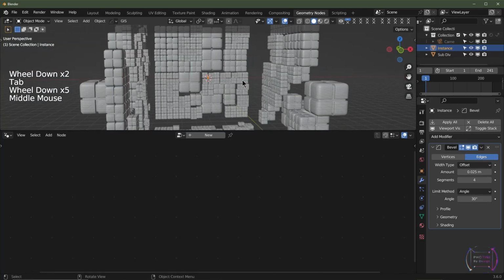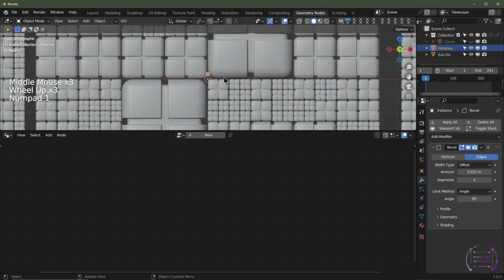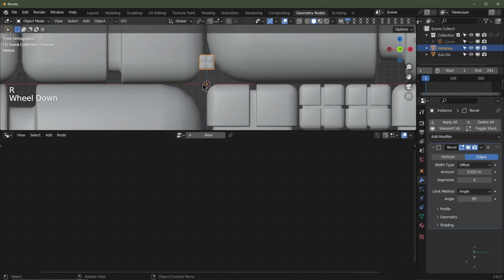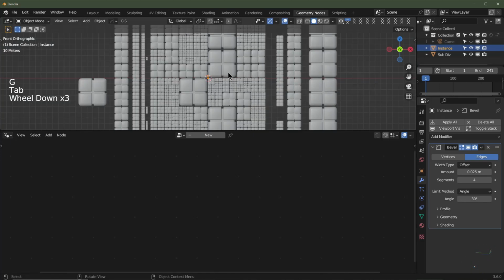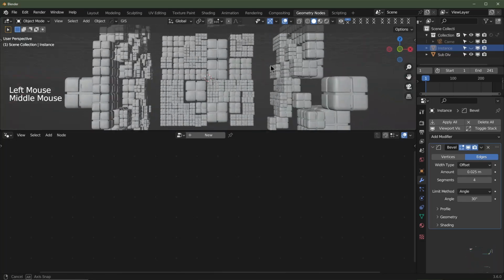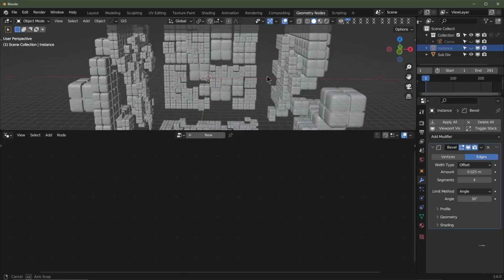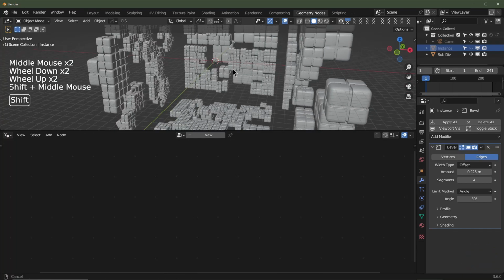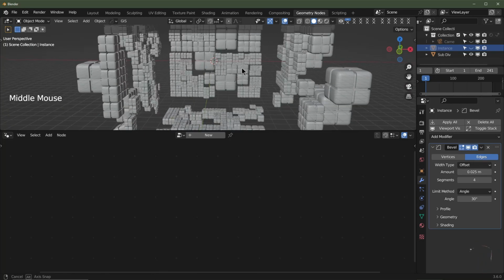If I go out of edit mode, now you can see that all these are offset because the origin of the original is offset. I might even take that out one more, so G, Z. And then we'll hide that instance. See, all these are offset now. So what I might do from here, for example, let me see. Okay,